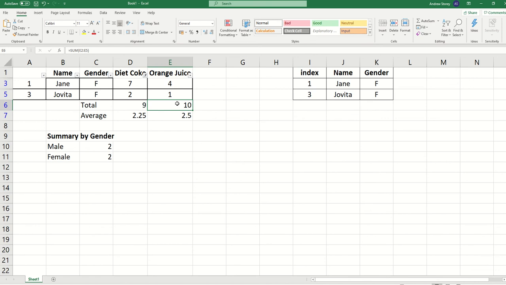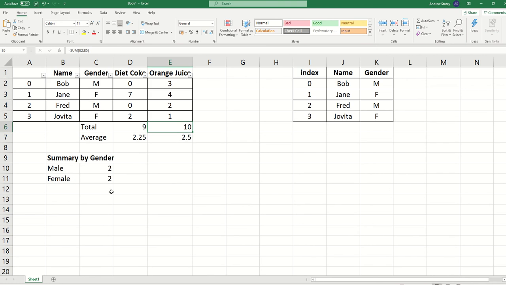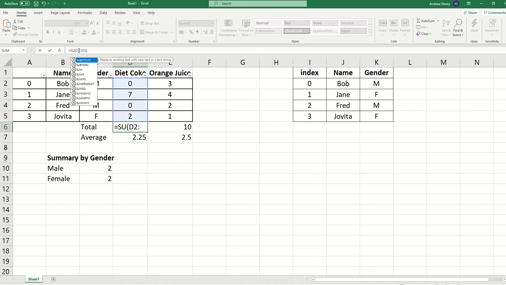Depends what you want to see here. Sometimes you want to only see what happens post filter. So how to do that? Well, here we go. I'm going to select all the data, and I'm going to replace my sum here. Go into there. I'm going to replace it with subtotal. Now when you do subtotal,